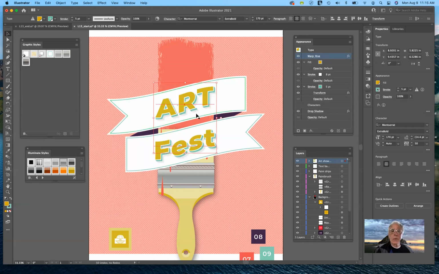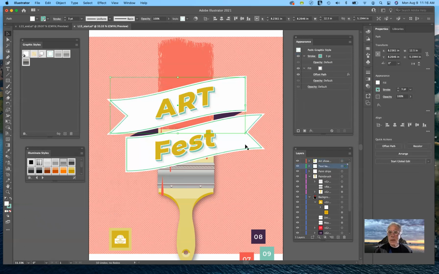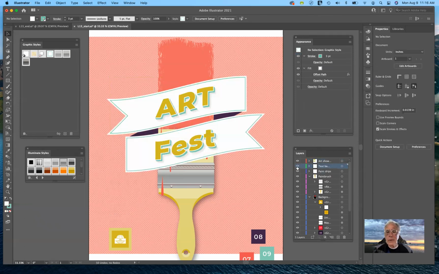So for example, where I wanted the offset here, let's see where it was for the characters. We've got a drop shadow. Oh, I know what we want to do. There's one last thing that we're going to do here. I'm going to go ahead and select the layer for the text. If I turn that off, notice that I said that you could apply an effect to an entire layer. So if I target